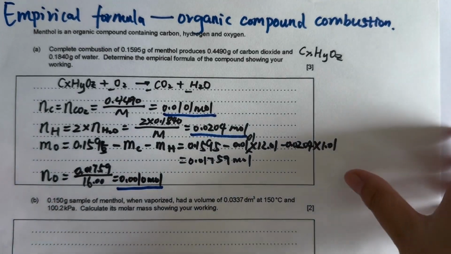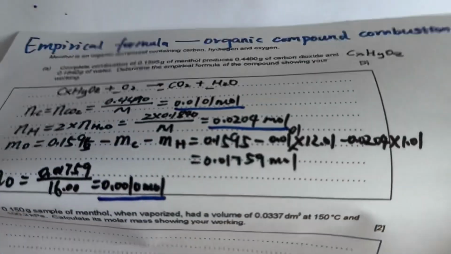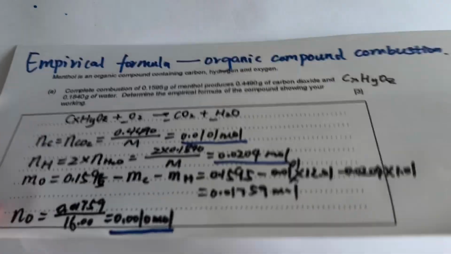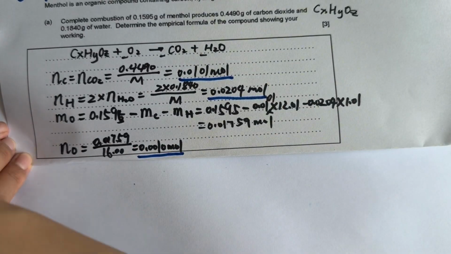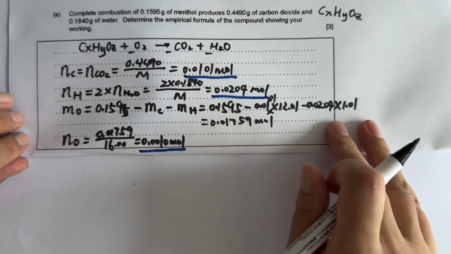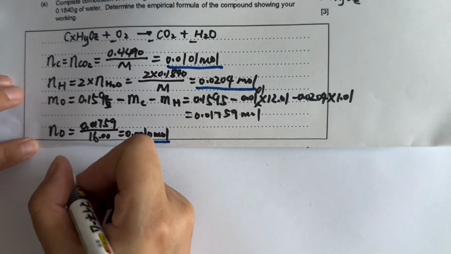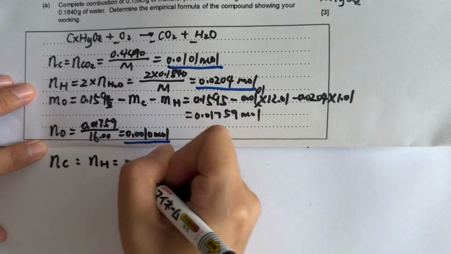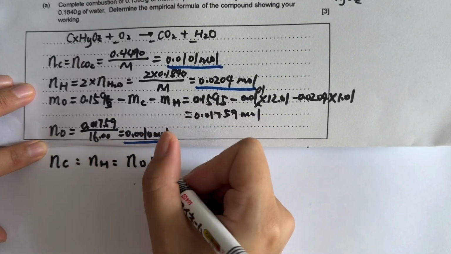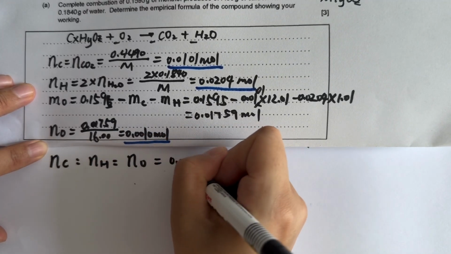So now we will use the smallest. Now our next step will be the ratio of number of moles of carbon to number of moles of hydrogen to number of moles of oxygen will be equal to